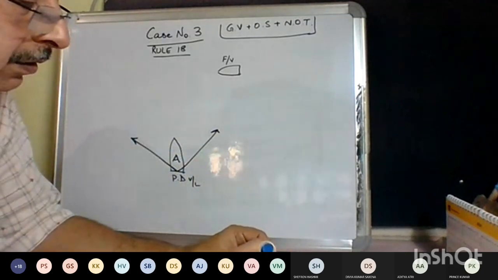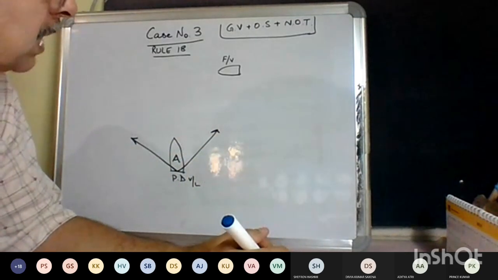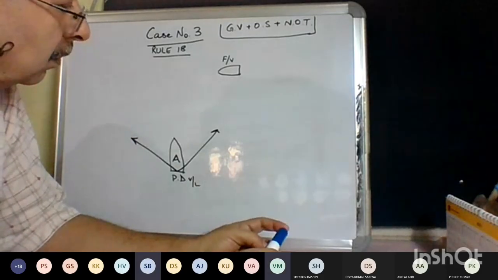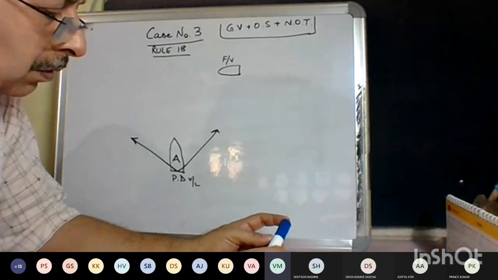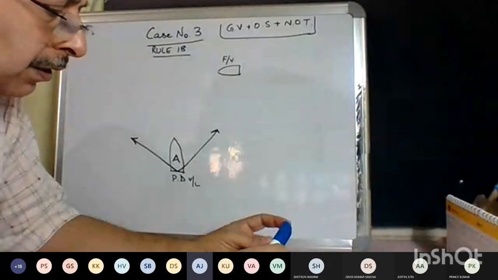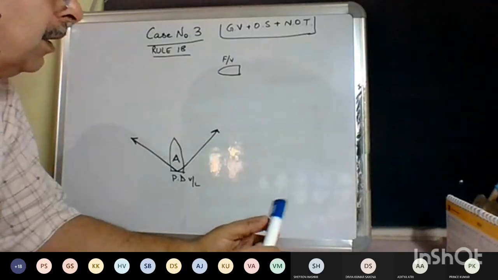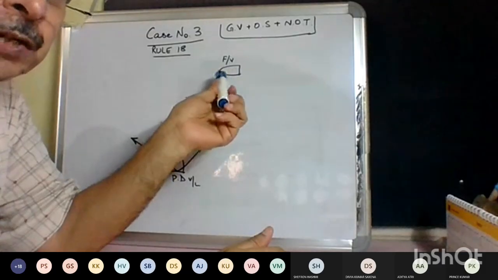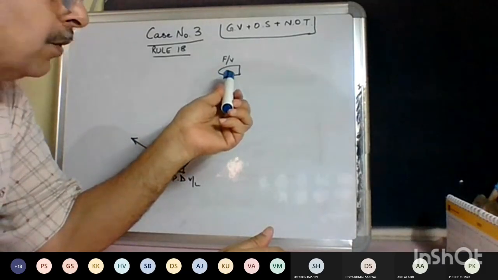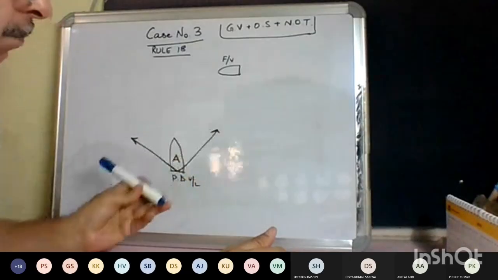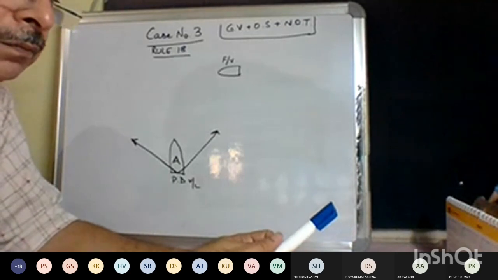How will you decide which side to go? Depending upon the speed of the fishing vessel. Right, depending on the speed of the vessel. Supposing the fishing vessel could be fishing when she is stationary, right? So if she is stationary, then I will not go to starboard. I will go to port. Is that okay?